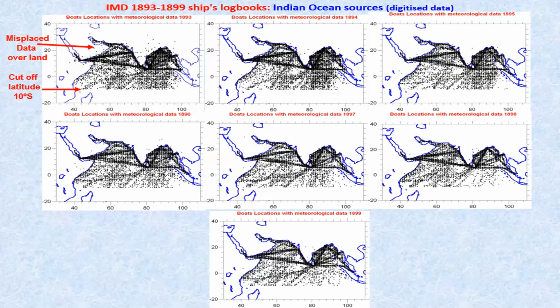Some interesting things are that, of course, this is just raw data as it was recorded, and there's some data over land, which obviously means that the latitude and longitude in the books are not correct, or plus or minus signs have been missed or whatever. And so again, there's a lot of work in cleaning this up to be able to use this data. For some reason, they cut off at 10 South. I don't know what it was, but obviously a very useful data set. And again, it shows you the ins and outs of this data.